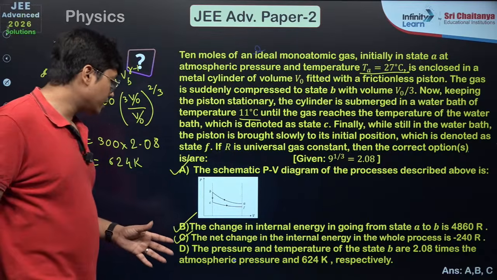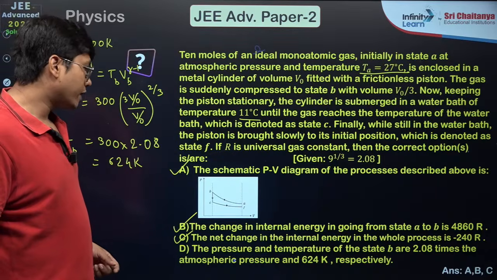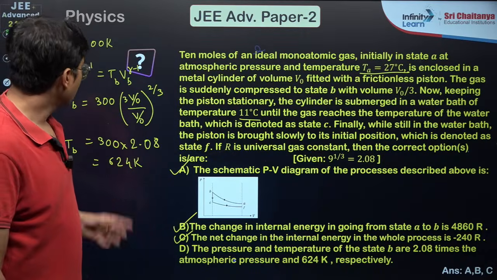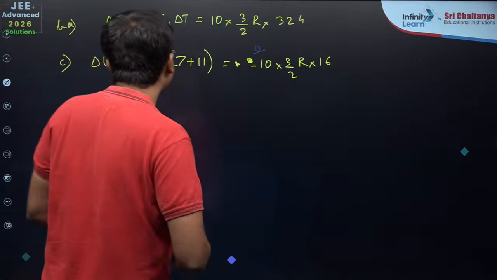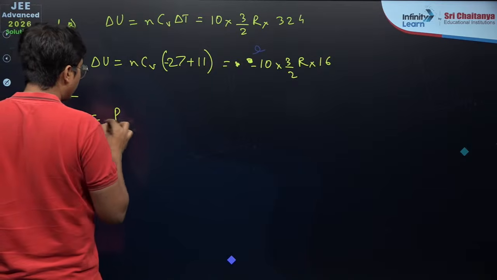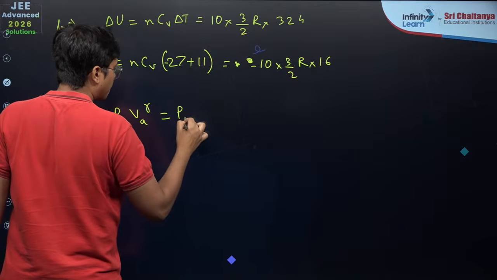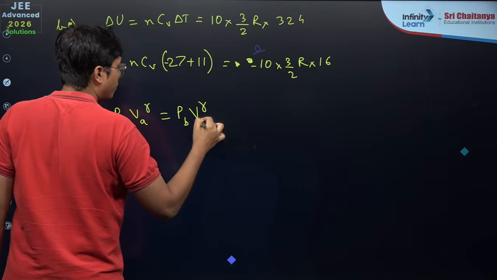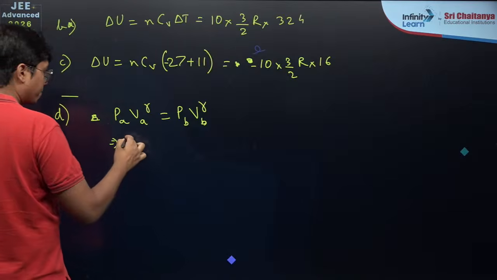Option D says the pressure and temperature of the state B are 2.8 times the atmospheric pressure and 624 Kelvin. So, this is fine, temperature at B is fine. The pressure, how do we go for the pressure? Again, it's an adiabatic process. So, I know PA VA to the power gamma is PB VB to the power gamma. So, pressure at point B